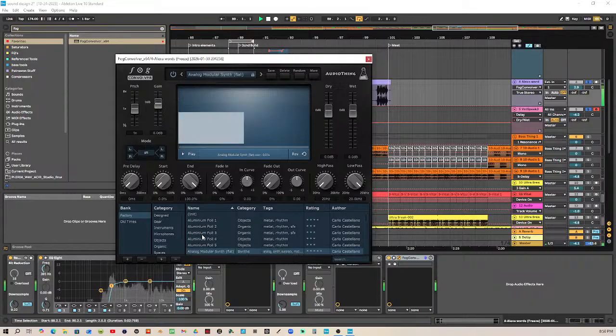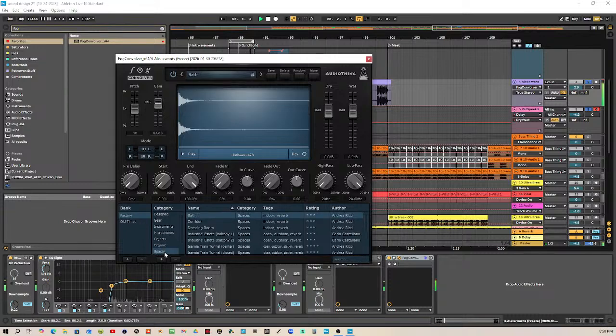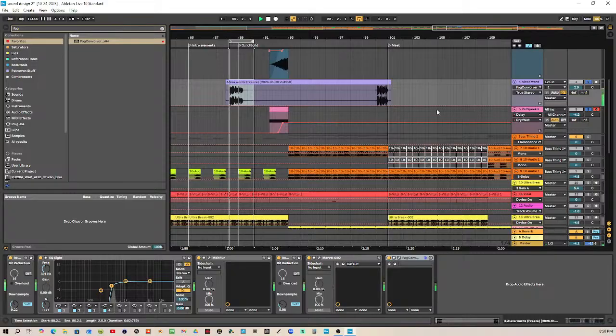Would you like me to change the drums for you? Would you like me to change the drums for you? Would you like me to change the drums for you? Would you like me to change the drums for you? Would you like me to change the drums for you? Would you like me to change the drums for you? Would you like me to change the drums for you? Would you like me to change the drums for you?